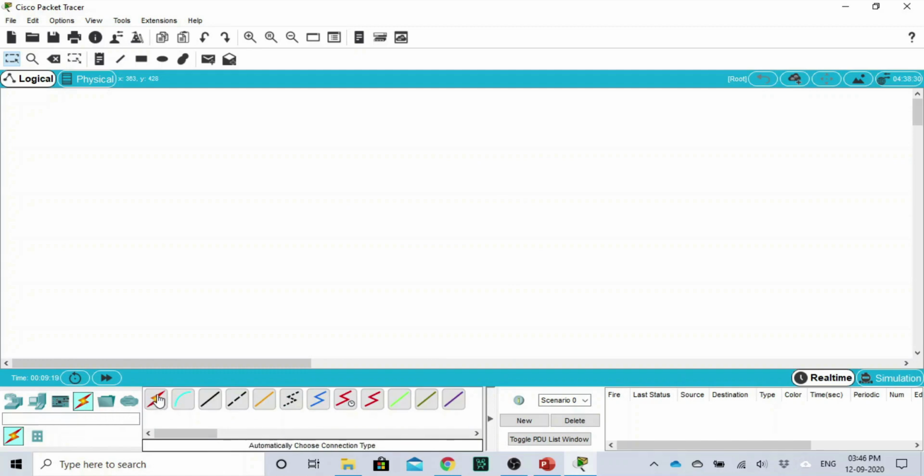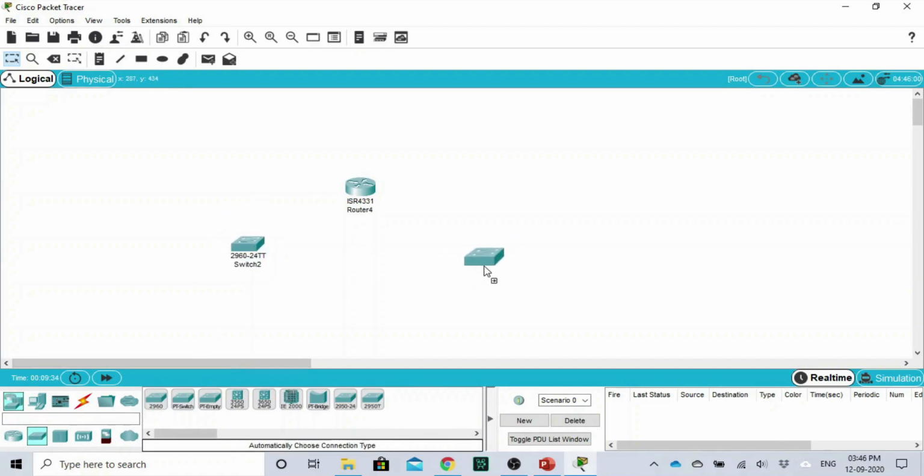If you don't know what wire or which wire you want to use, this is the general option. I'll create a very small network. I'll just create a router, which is used to connect multiple networks. A switch is used to connect same network devices, and under this switch there are multiple PCs available.